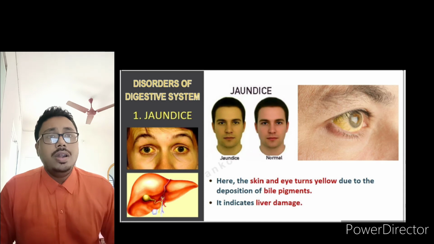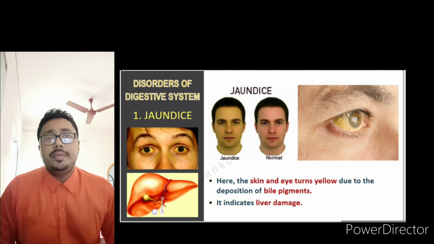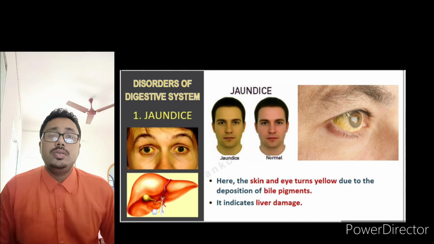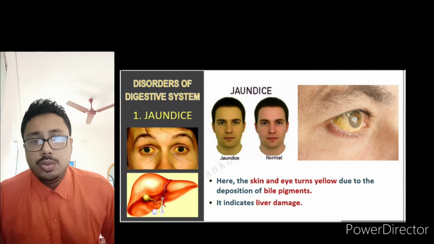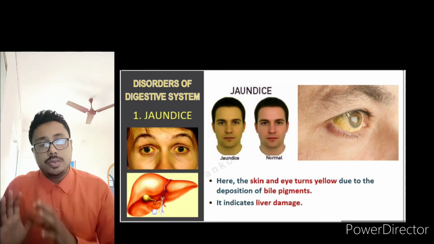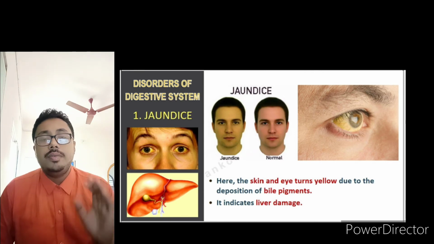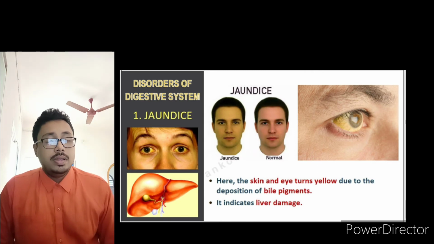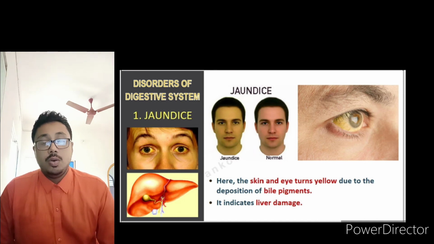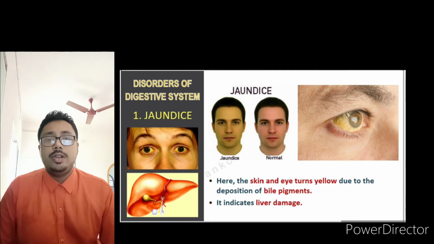If you have jaundice, that means the liver is not working properly. The liver is damaged. So you have to look after your liver. You have to consult with the doctors about what food you have to eat or what food you have to prevent. Don't eat that. So you have to consult the doctor if you face these situations. Overcooked food should be avoided here. Over-oiled food should be avoided.